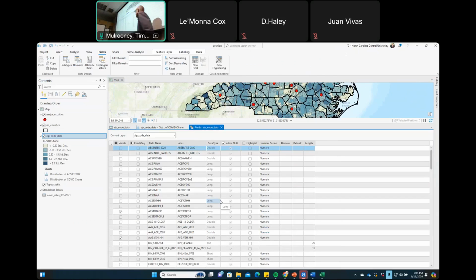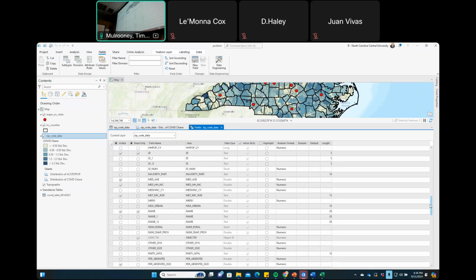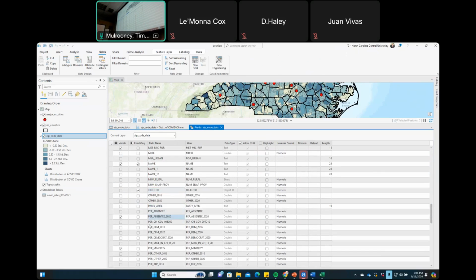I got these things called bin changes, which I was doing for cluster analysis. But if you start developing data from the position paper for something like this, feel free, more than free to ask. Median household income, I got a couple of median household incomes right here. Percent Democrat, percent Republican. Those are some things that we extracted from the North Carolina voting database here.